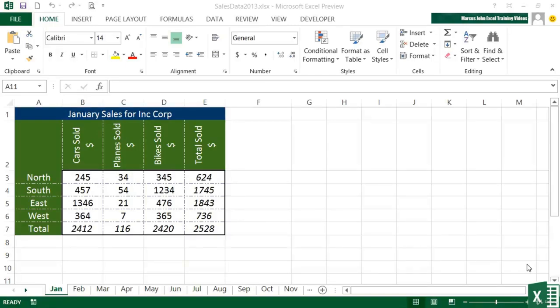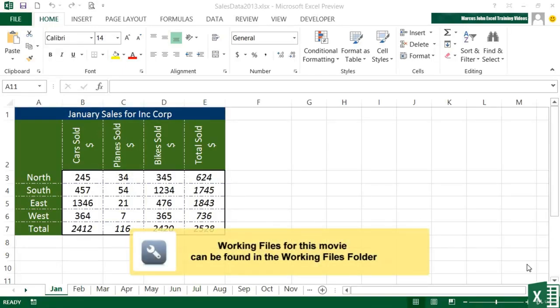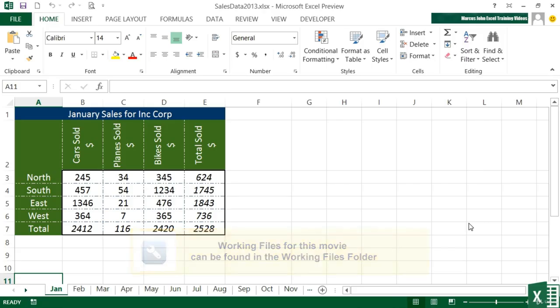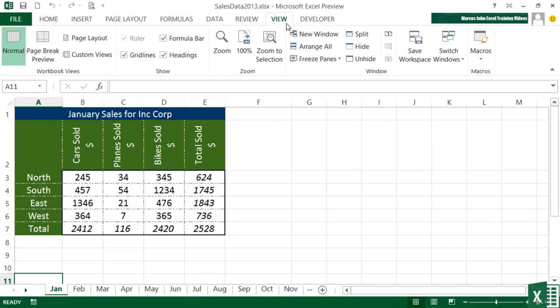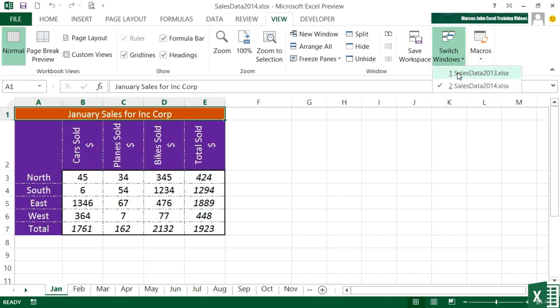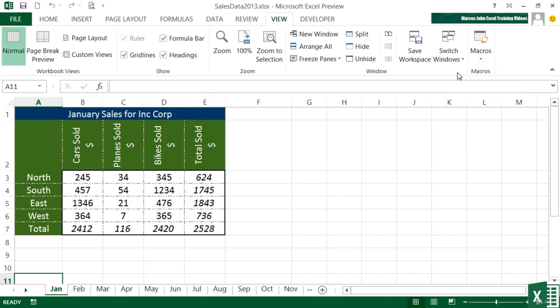If we have more than one workbook open at any one time, then we can move between those workbooks using Control-Tab. So if we're here in Sales Data 2013, and I have open Sales Data 2014, then Control-Tab will move between the two files. On the View ribbon, you'll see an option over to the right called Switch Windows, and if we click the drop-down, that will list all the open workbooks. So we can actually use this to switch windows, hence the name. So instead of using the keyboard shortcut of Control-Tab or Control-F6, you can simply go to View, Switch Windows, and